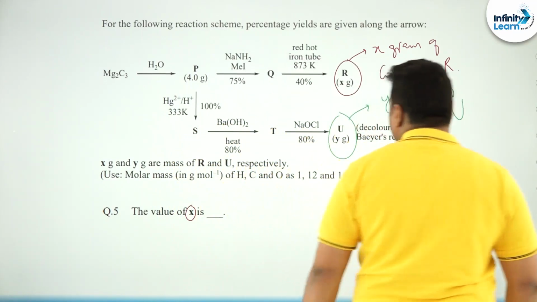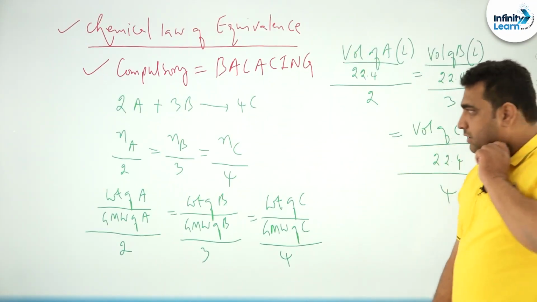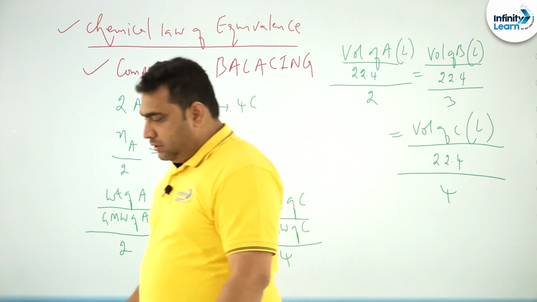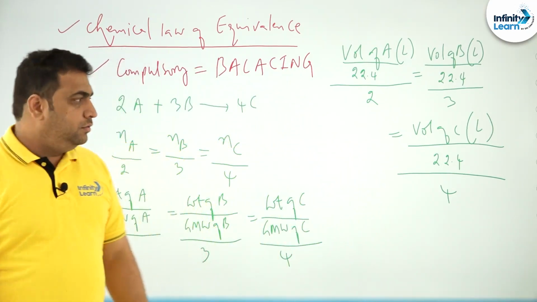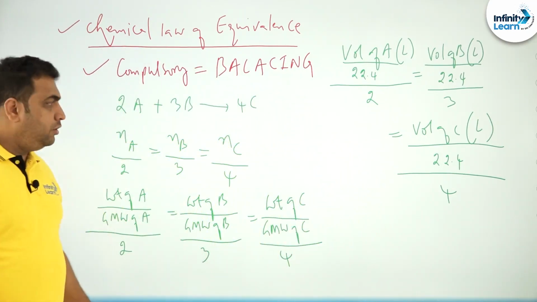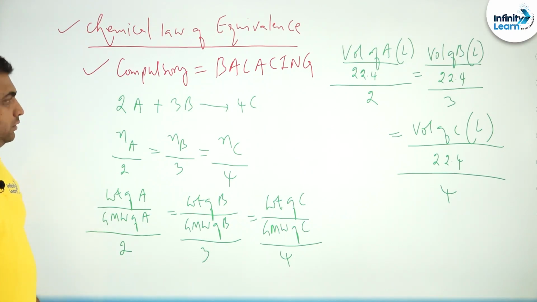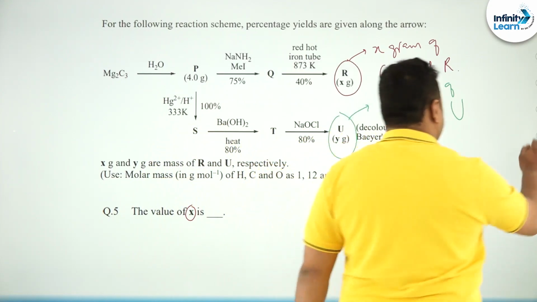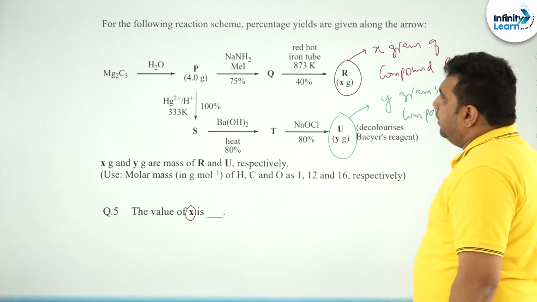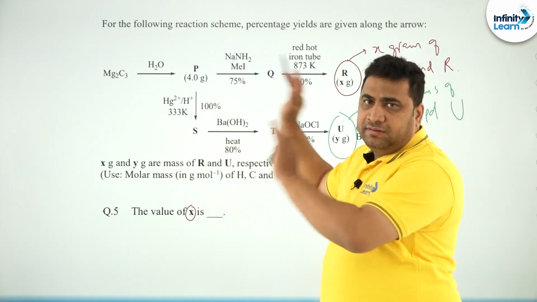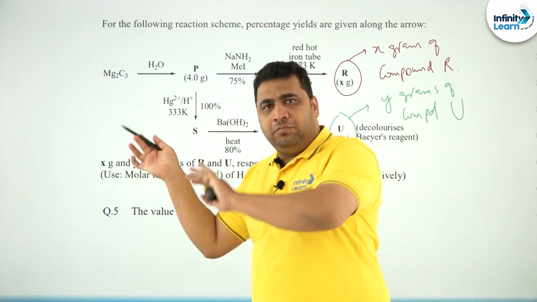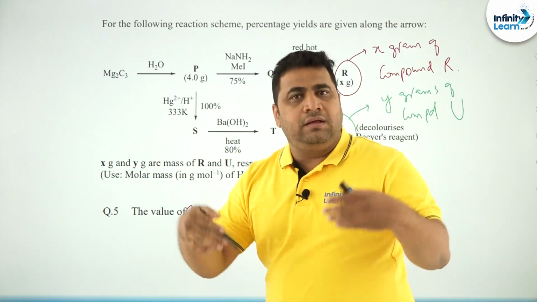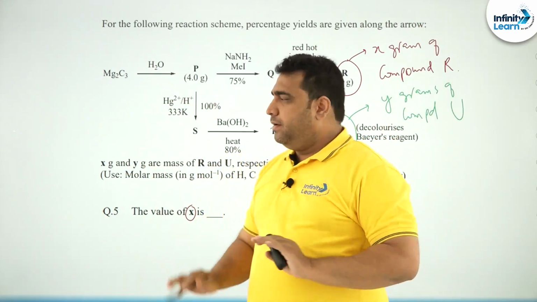Therefore, you can pause the video here because I am saying this to students. You can stop here and take a snapshot because in the next 2-3 minutes I am going to delete this page, okay. Now, coming back to our question, how to solve this now. Now we will go for the scheme. After going to the scheme, we will go to balancing. If you know balancing and the chemical law of equivalence, the answer will come, right.